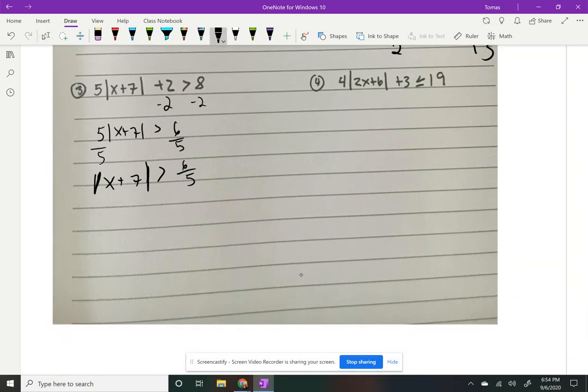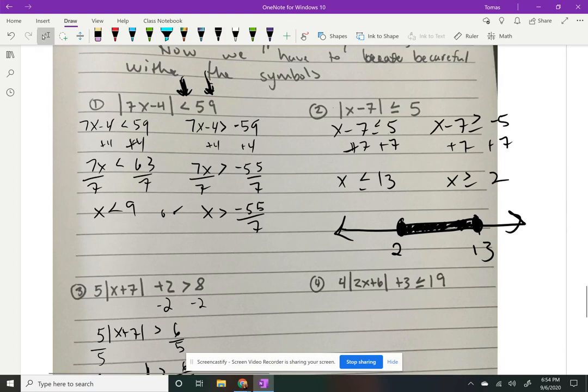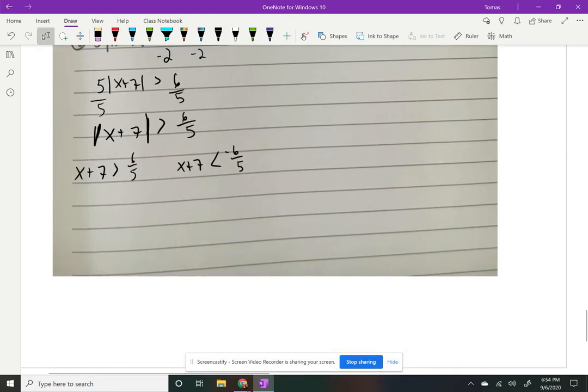Now we would go x plus 7 is greater than 6 over 5. And then we do x plus 7, flip the sign, negative 6 over 5. Oh, sorry, did I forget the negative over here? No, I made the negative 5. Okay, so negative right there. So minus 7, minus 7. So this would be 6 over 5 minus